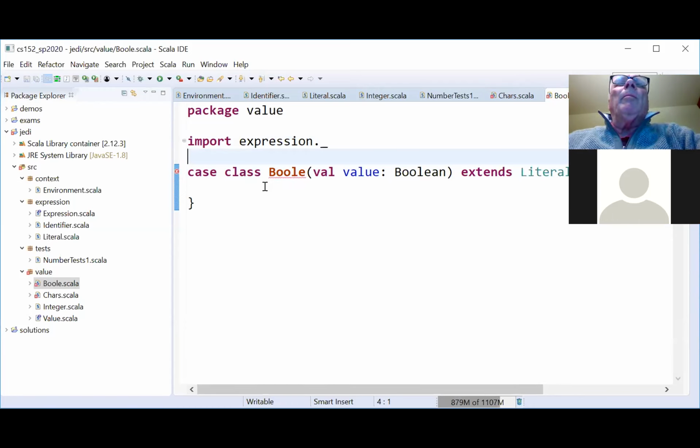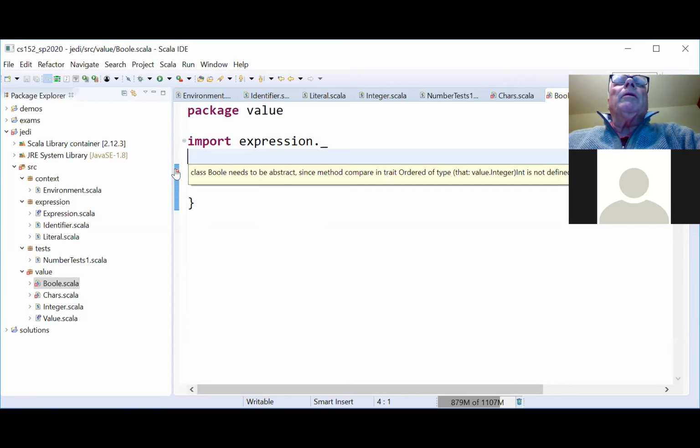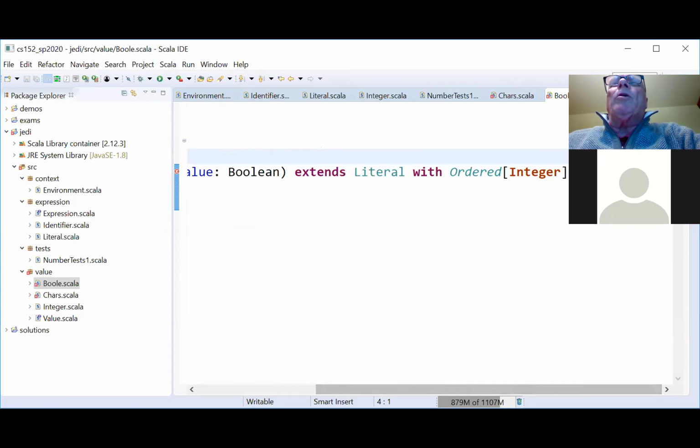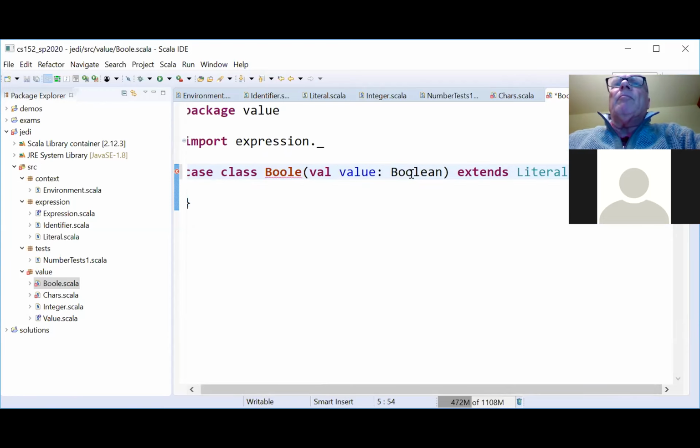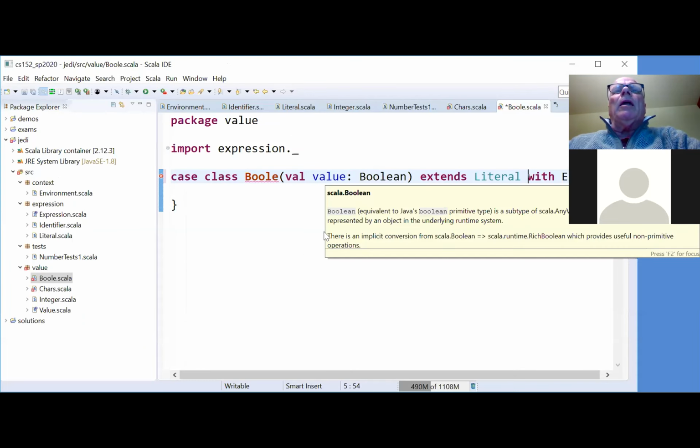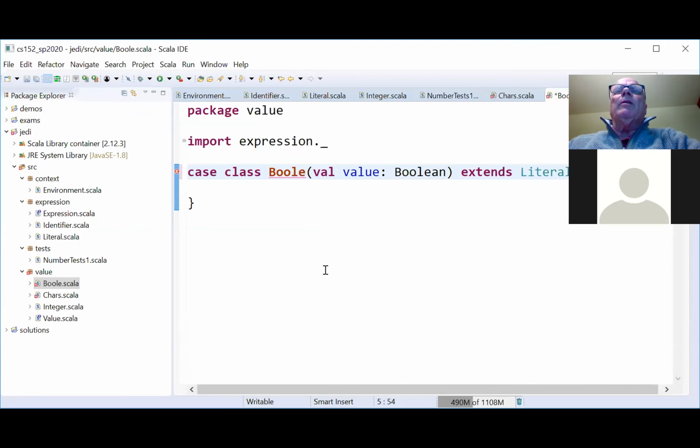Okay, so why is it not liking the word bool here? Oh, because I haven't implemented some of these methods. I don't think bools need to be ordered. Right, so basically, a Jedi bool is just a wrapper for a Scala Boolean, is what this says.